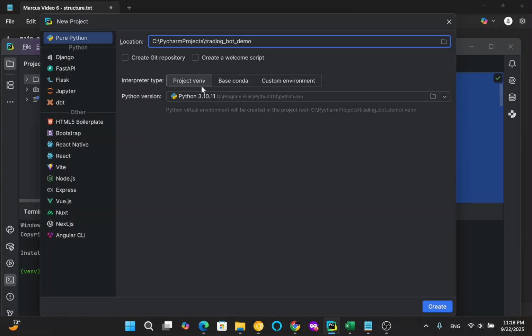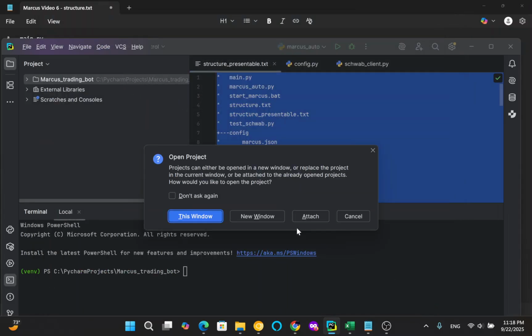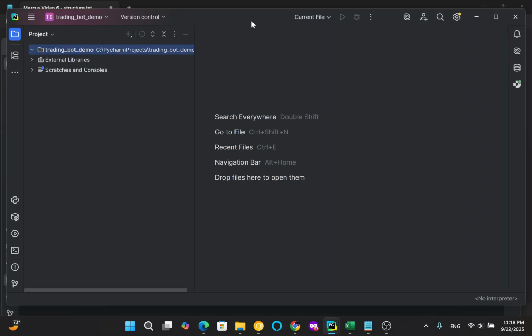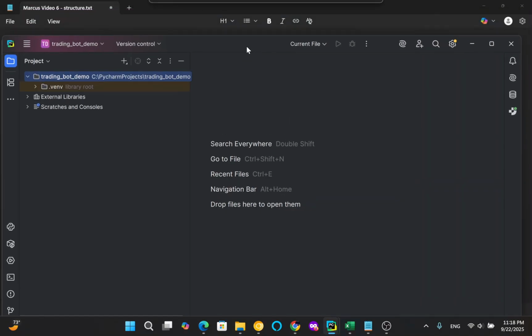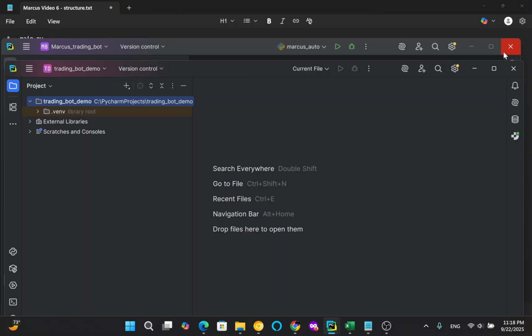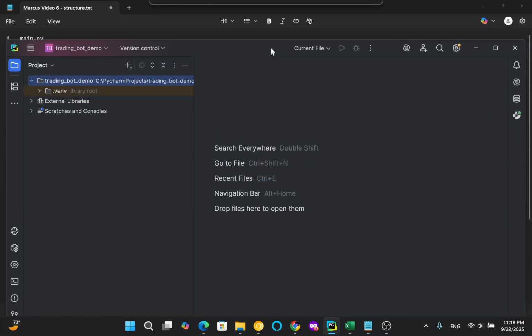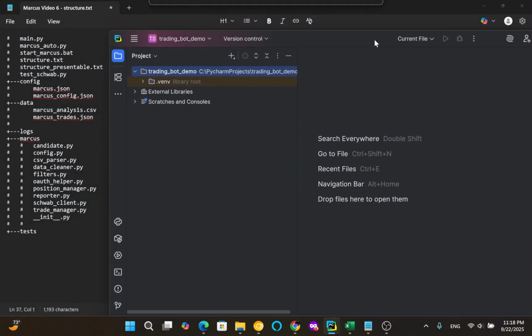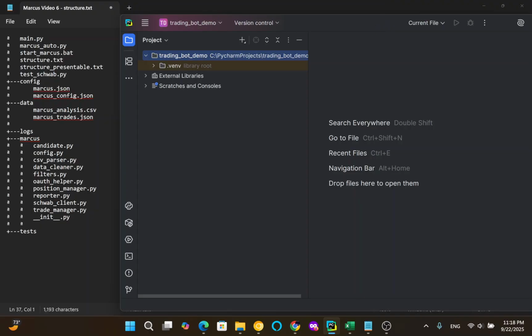We are selecting a project virtual environment and creating it. We want it in a new window, and now once it's created, I believe I can close this one so it won't consume many resources, and we will go, you remember the structure that we developed together,